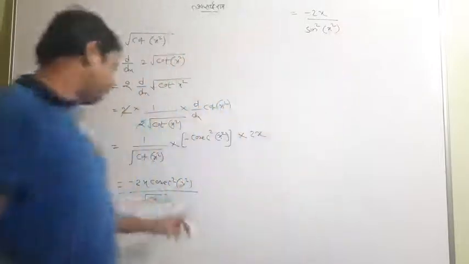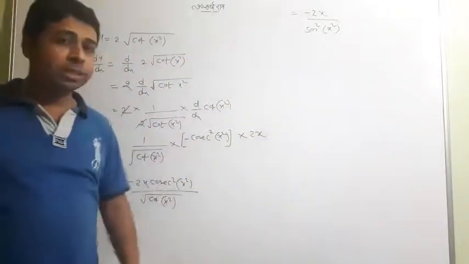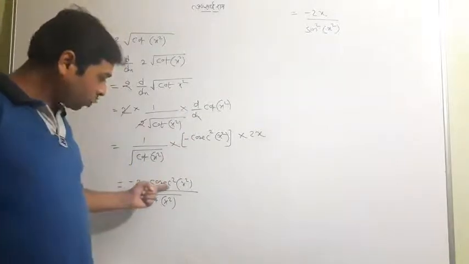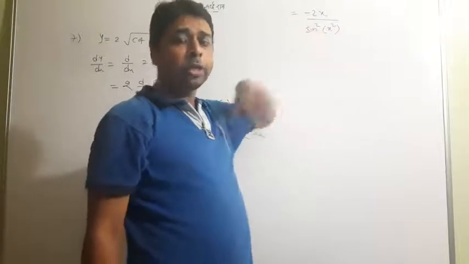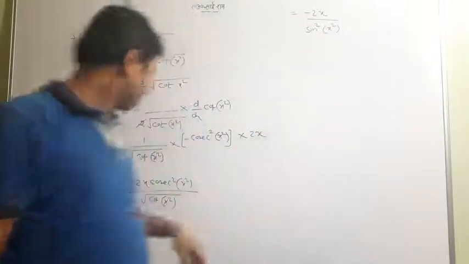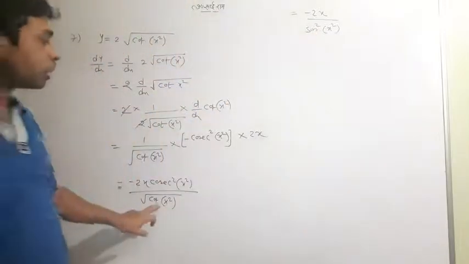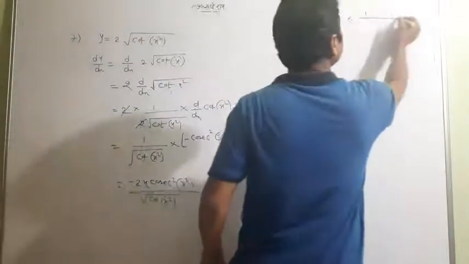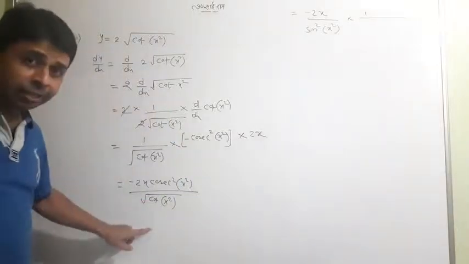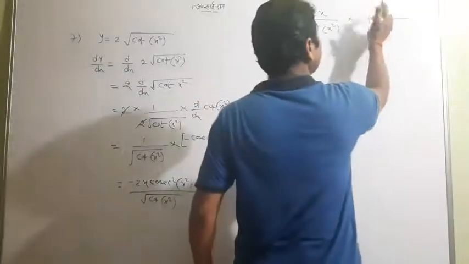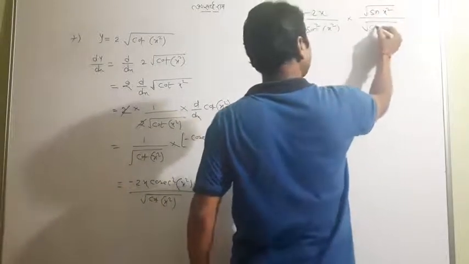Don't disturb the angle. Cosec square I wrote upon sine. You know cosec square in the numerator side was a reciprocal of sine square, so I wrote sine square in the denominator side. Cosec square now changes to 1 by sine square, and cot will be written as cos upon sine. When it is written opposite, I would write sine of x square upon cos of x square.